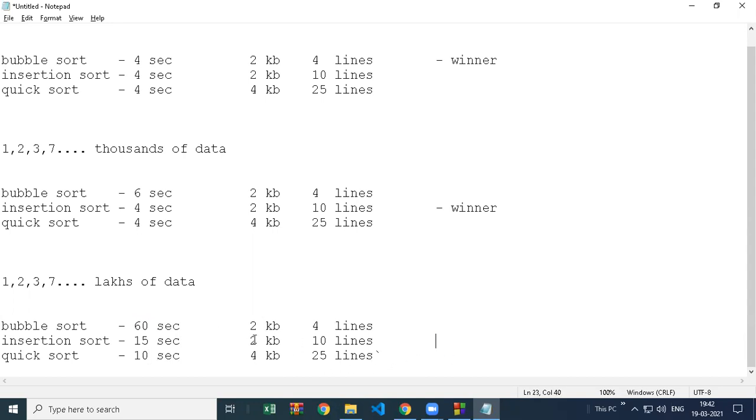Now you will again see these two factors, but these two factors don't matter. See the first factor, that matters. So don't look at the 2 KB, don't look at 4 KB or the lines here. Now you have to go with quick sort. You write more lines, it doesn't matter. You use more memory, but the time taken is less, that matters. Because memory is in our hands, we can increase memory. We can say our app works only on good mobile phones. We can write more lines. That's why employees are hired. They can also copy-paste or generate code, but the time is not in our hands. So we have to focus on time here.